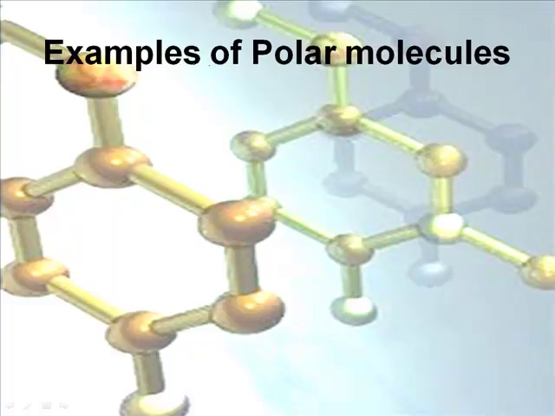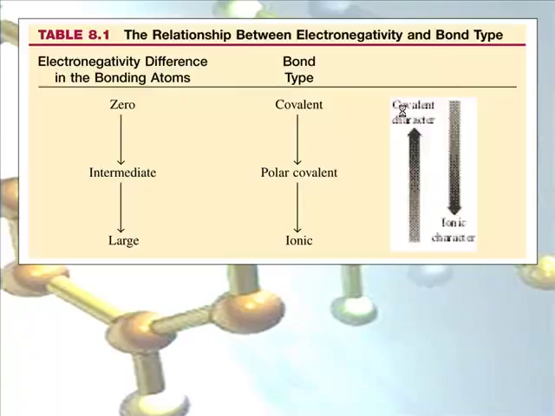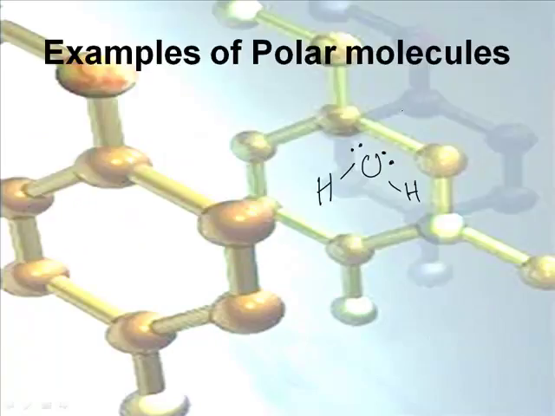All right, so polar molecules. The classic example is water, HOH. I'll tell you the shapes when we do the shape discussion a little later, but water has a bent shape. Oxygen has a value of 3.5, and each of the hydrogens is 2.1, if you recall. The difference there is 1.4, so that makes it a polar bond.